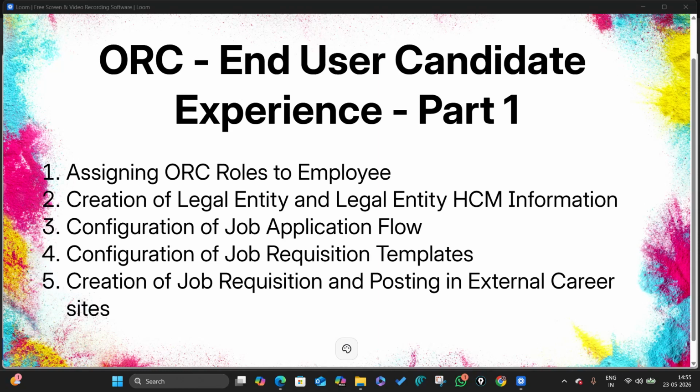So hello team. In this session, we are going to cover Oracle Recruitment Cloud end user candidate experience. In this part one session, we will be seeing how to assign Oracle Recruitment Cloud roles to an employee and convert that employee into a recruiter or recruiting manager. Okay. Once it is done, we are going to see how to create a legal entity